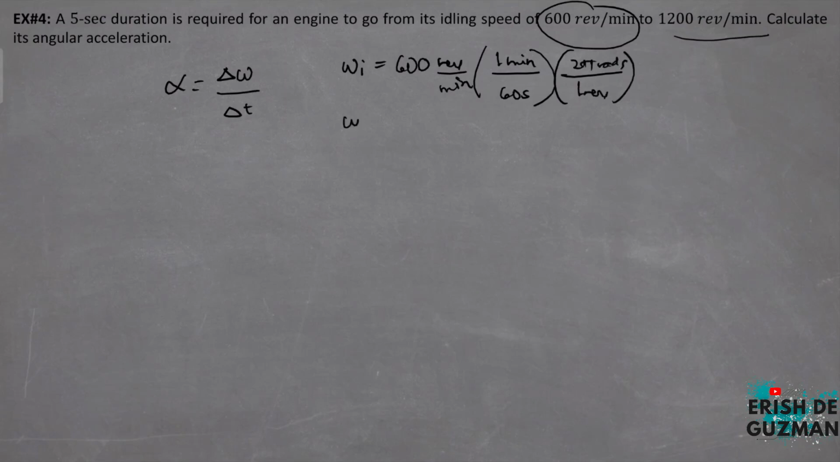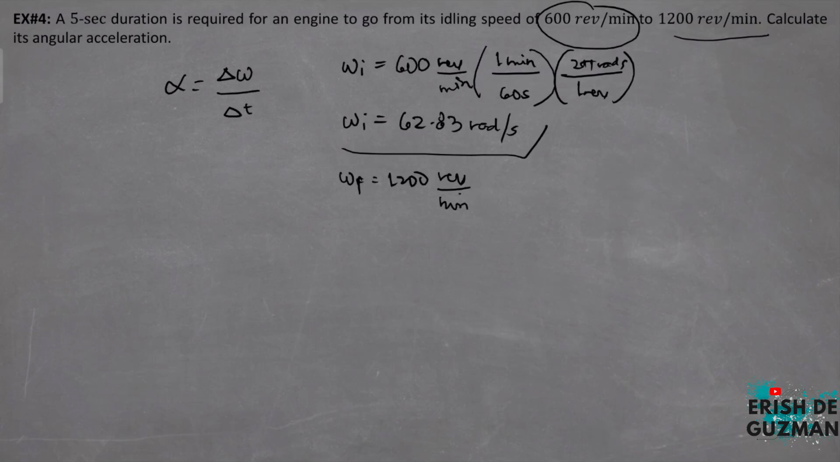radians. Ang initial angular velocity natin is equal to 62.83 rad per second or radians per second. And for the final angular velocity naman, 1,200 revolutions per minute. So again, same process ang factor na gagawin natin. Final angular velocity is equal to 125.66